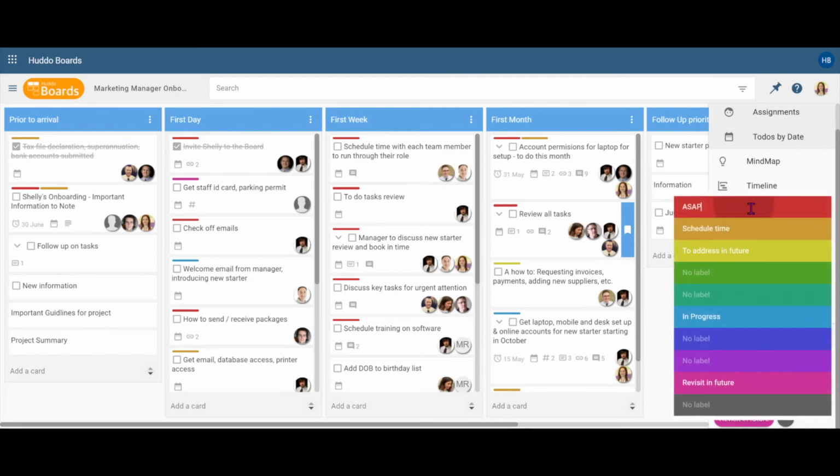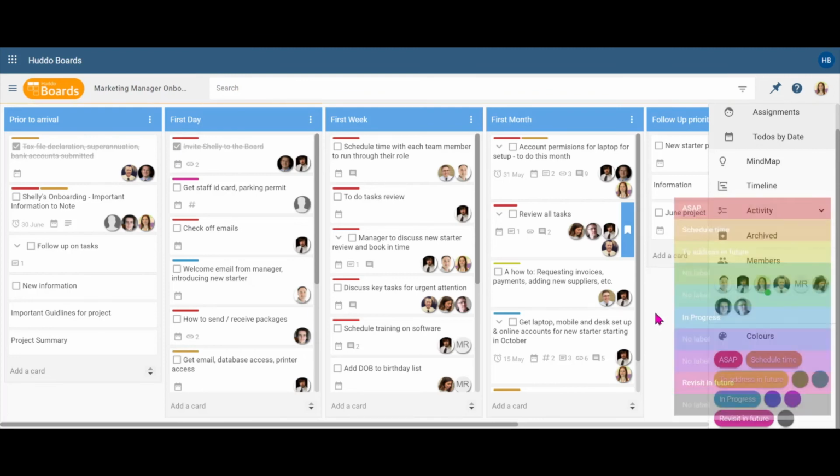Click in to add your color labels here based on what's appropriate for your project and how you're working with your team members. So here, for example, we've used ASAP, schedule time to address in future, but you might use something like the traffic light system where you can highlight challenges or difficulties, what's in progress, what's been completed, to categorize your cards. There's lots of different ways, and we'll have a quick look at some options that I've used